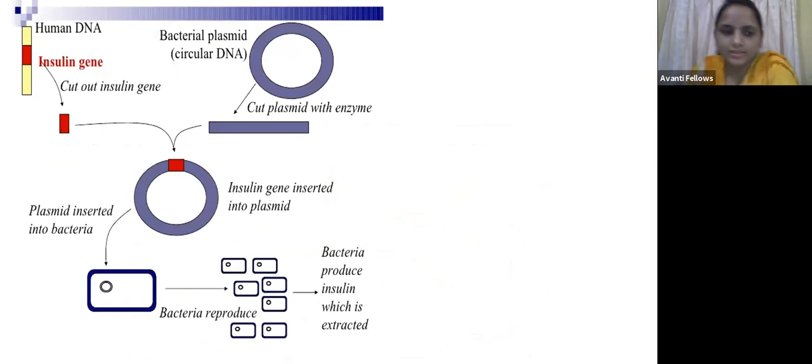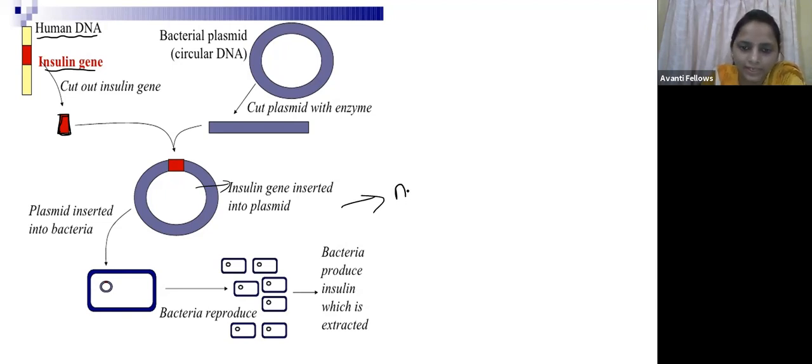So guys, see here. Whenever we want to insert this insulin gene, we take the human DNA, the human insulin gene. We cut it with the restriction endonuclease, then join it into the plasmid, and insert this into the bacteria. Cloning of the bacteria takes place and it gives the peptides. Here we have peptide A and peptide B, produced separately.